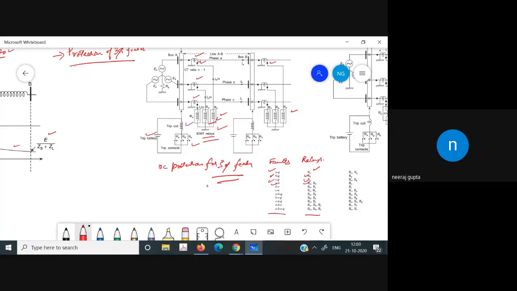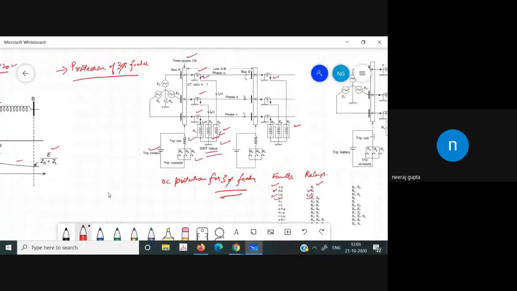However, there are certain issues which must be taken into consideration while going for this type of protection system. What is the problem? Some problems are there in this type of protection. We have used the overcurrent protection in this, and the overcurrent protection caters to the 11 faults. So that is desired. However, there are certain cases which must be taken into consideration.